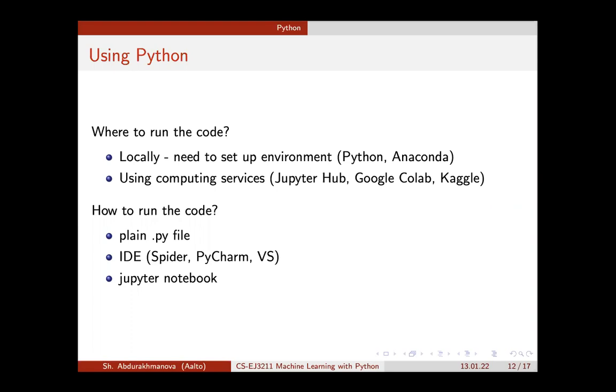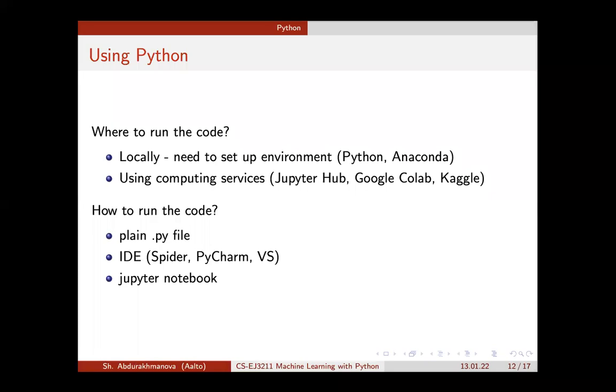Then you have several options for how to run your code. You can use just a plain text file and write your code in it, or you can use a different kind of IDE or development environment, which has some nice features, for example, debugging or syntax highlighting.